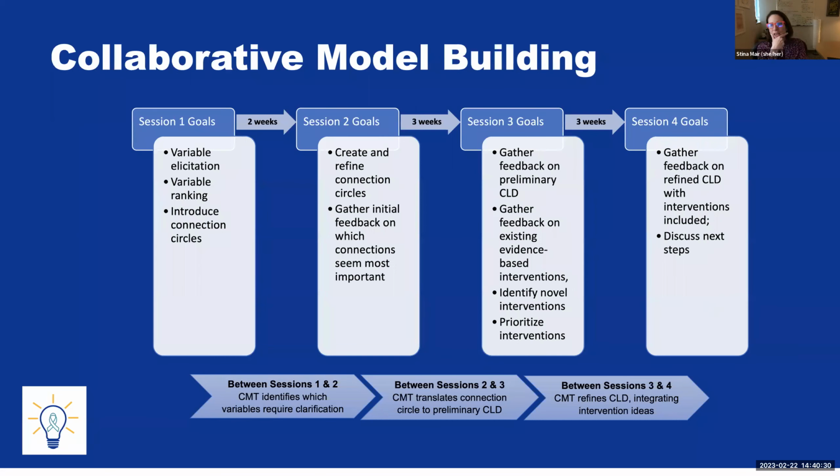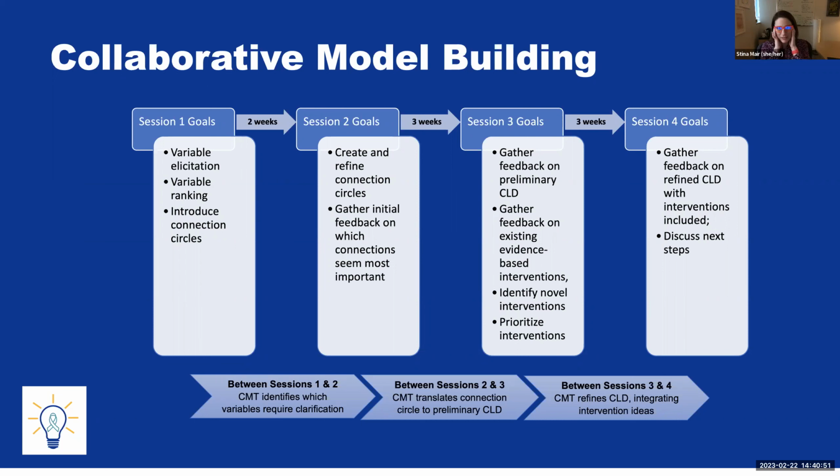Then we bring it back and we get feedback about that, particularly feedback on how and where the interventions are, and discuss next steps with the team. So we only do that 6 times, it's nothing. You can imagine it's going to be a lot of information, but it really excites me because I think it's